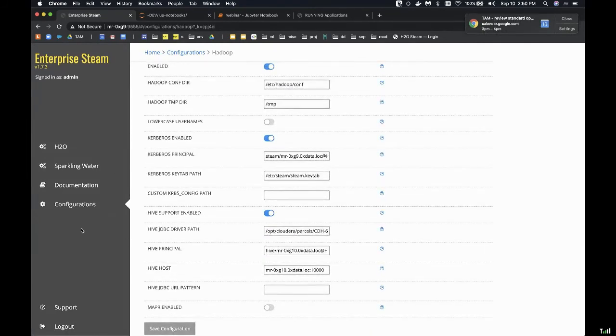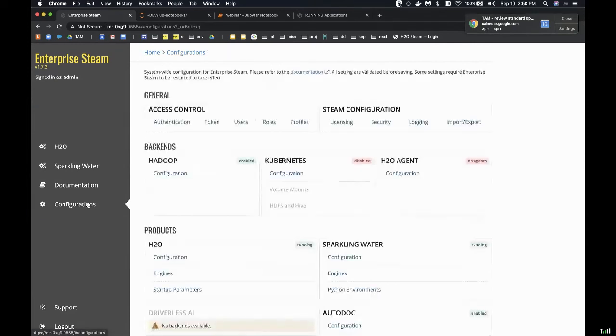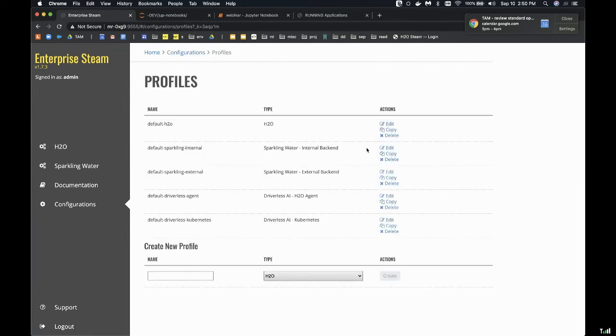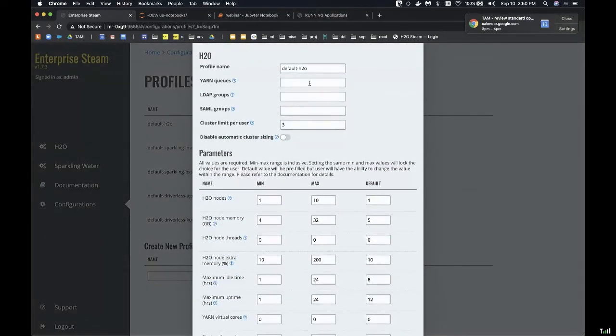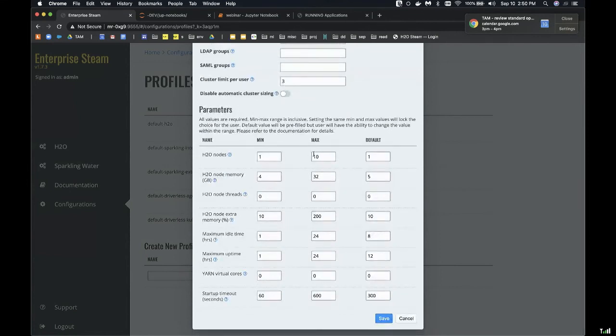Similarly for Hive access as a service user. But a very important point that I've been mentioning is putting these guardrails around users, and this is what's called a profile. So a profile defines which YARN queue, the profile is set and then assigned to users, which YARN queue, et cetera, and here is that important guardrail